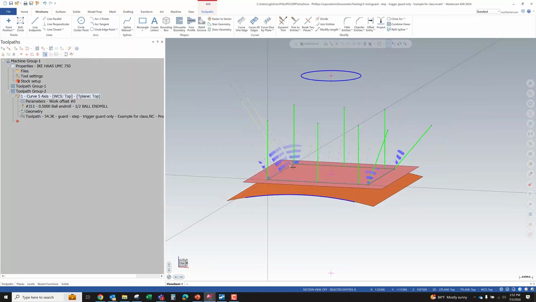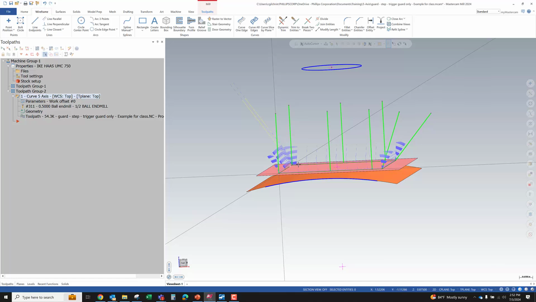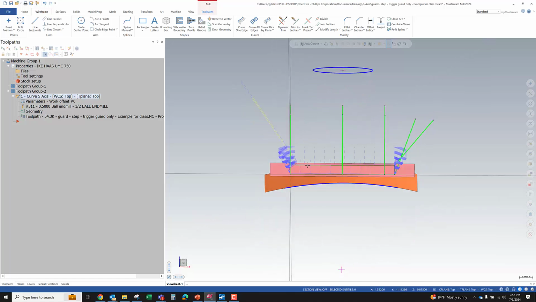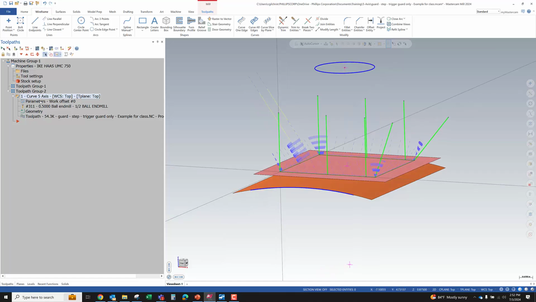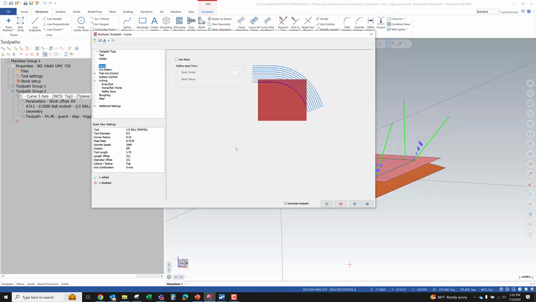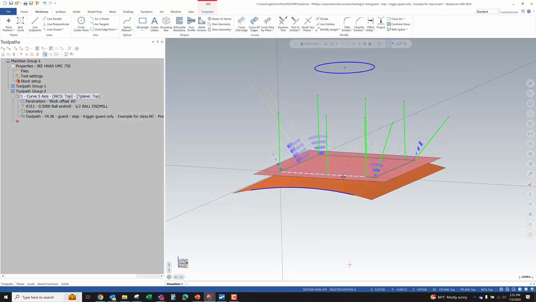So do something where it'll be kind of obvious. I don't know that this is a particularly good example to just throw stock on. But one thing we could do, just to see it,